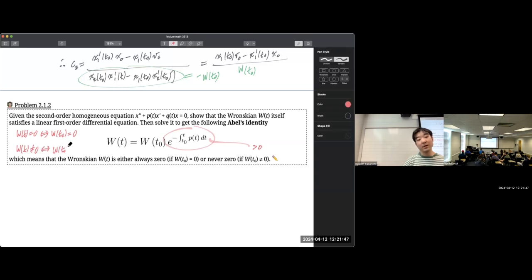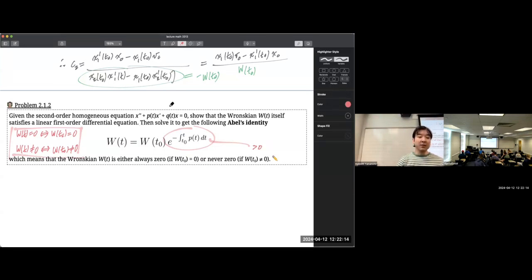The Wronskian at the initial time not equaling 0 will make this be something that's not 0 multiplied by something that's greater than 0, so it will not be 0. And then if you have something that's not 0 for this, then since this is greater than 0, you just have to make sure this is not equal to 0. So these are two true if and only if statements. And it's only